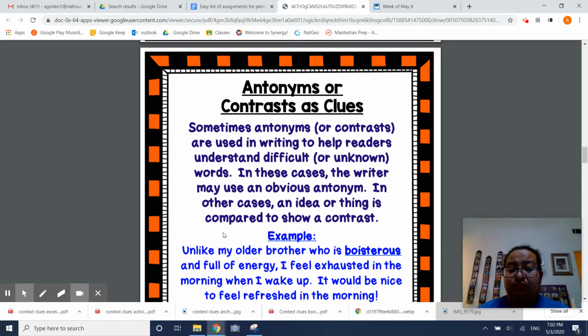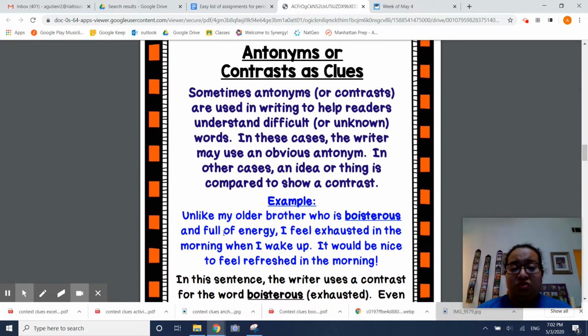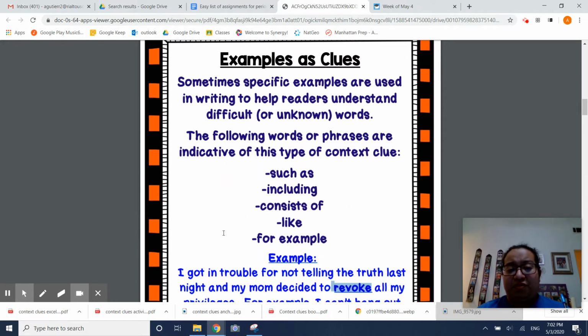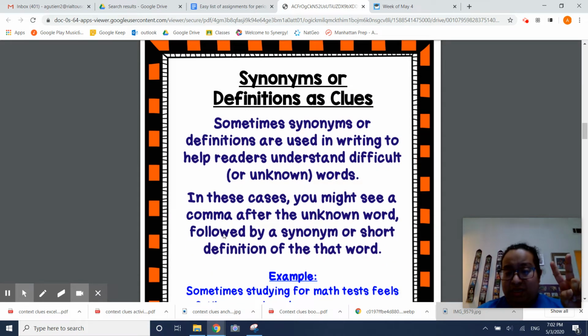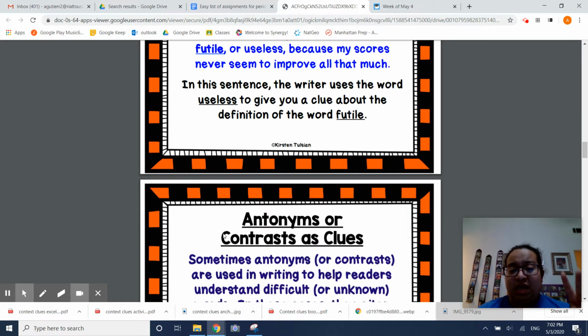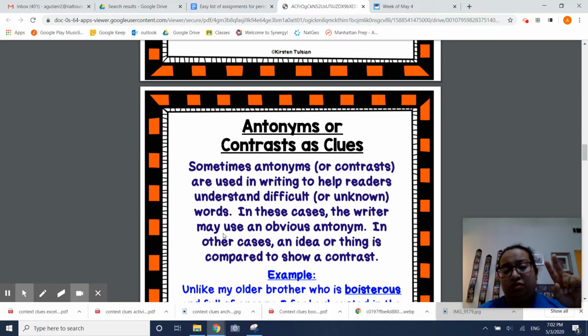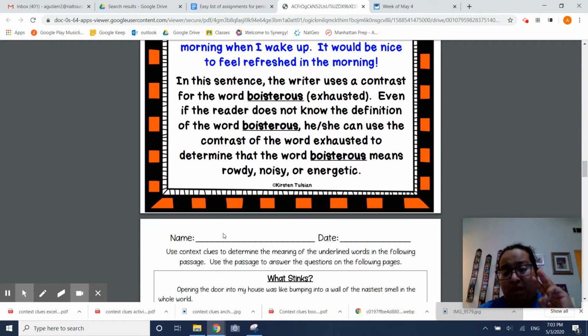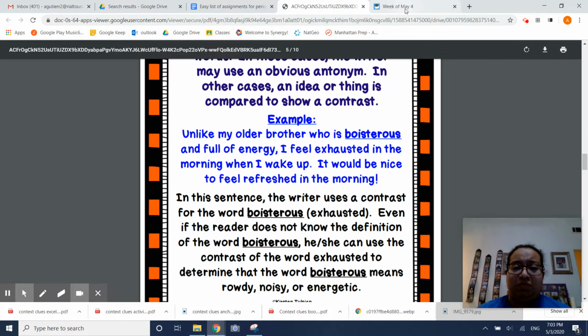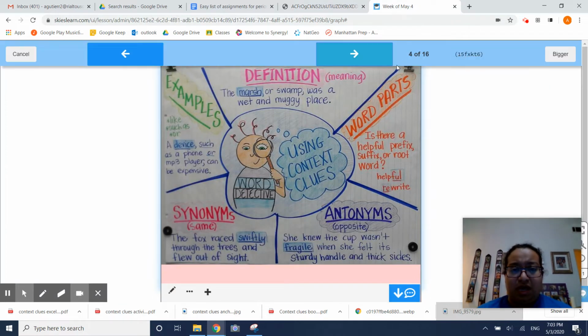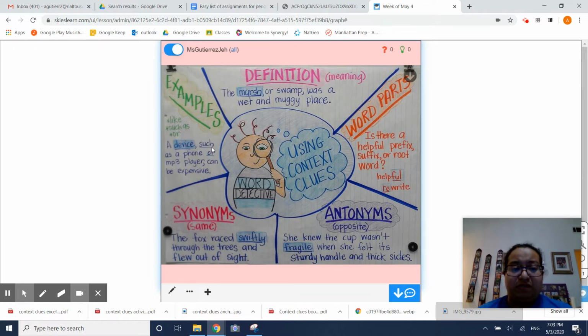Okay, let's move on. So far we have sometimes the author might give us an example of the word. Sometimes the author might give us a synonym of the word. Our third context clue is sometimes the author might give us an antonym, or something that means the opposite of the word. There are some more. This little worksheet doesn't keep going, so let's go back to Sky's Learn. This would be our little poster. Definition, got it. Word parts, antonyms, synonyms, example.